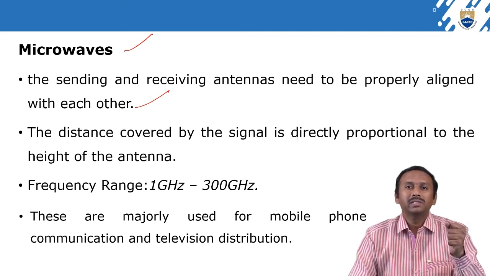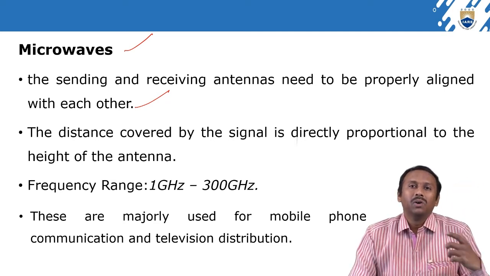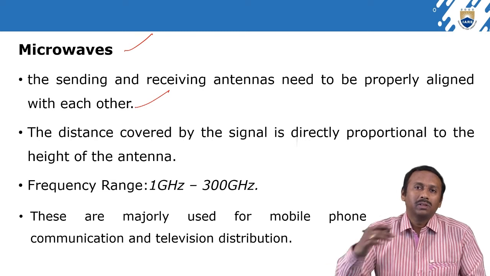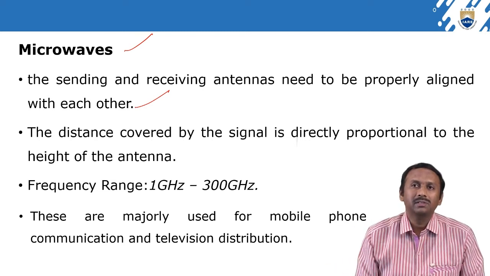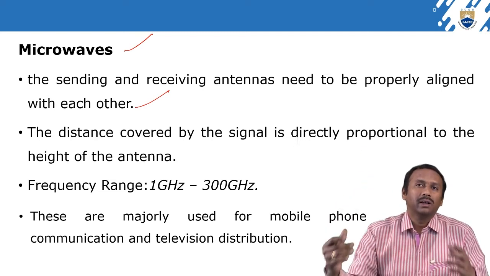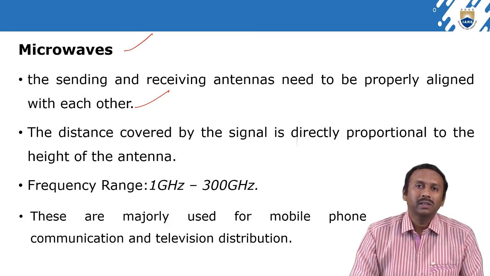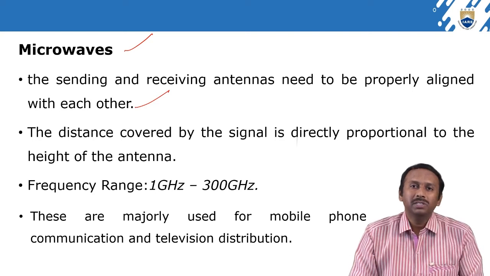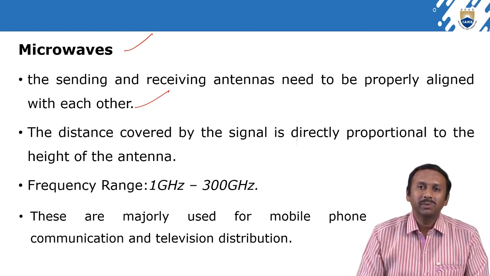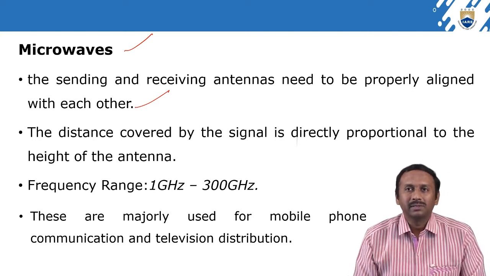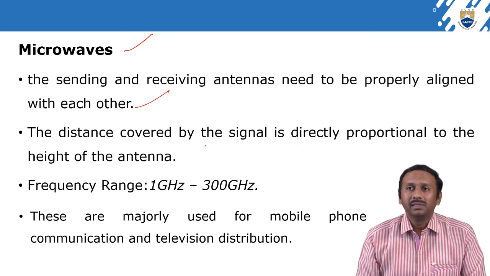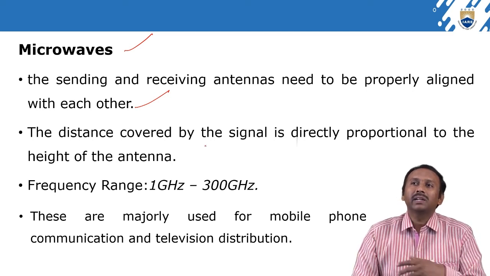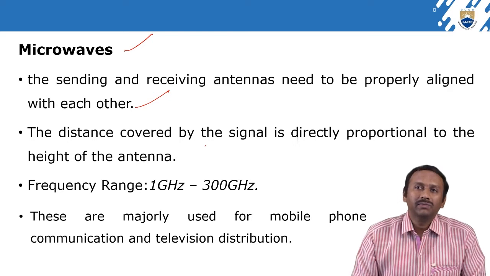When we have an antenna, we can fix it on the top floor or terrace of our home. There, it can take the microwave signals in the air, which are converted into a picture on our TV, isn't it? That is how it happened in the olden days, right? The distance covered by the signal is directly proportional to the height of the antenna.